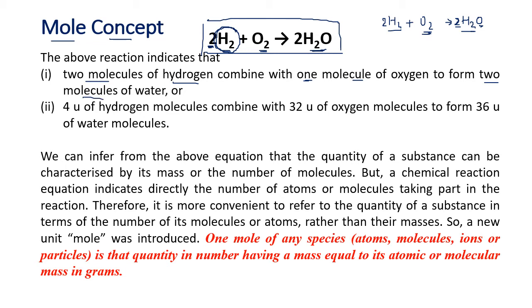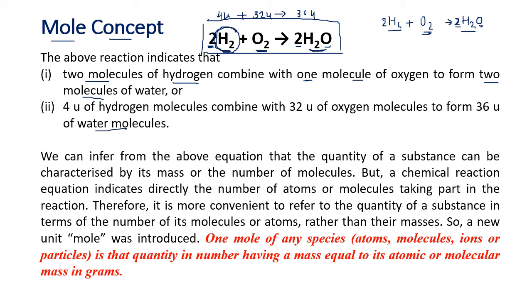And you can also check hydrogen's atomic mass 1. So H2 will have atomic mass 2. 2 2s are 4. So 4 units of hydrogen. Oxygen atomic mass 16. So there are two atoms, so 16 twos are 32. 32 units will give us 4 plus 32 is 36 units. Let us check. Oxygen 2, so 32. H2O is 18, so 18 2s are 36. Will give 36 units of water molecules.